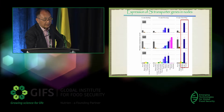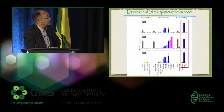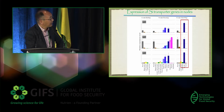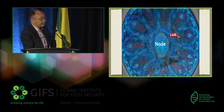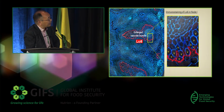ELISA2, ELISA3, and ELISA6. ELISA6 is a homolog of ELISA1, and ELISA3 is a homolog of ELISA2. They are efflux silicon transporters, and ELISA6 is an influx transporter. They are very highly expressed in the nodes. Next one, please. So where is ELISA6 expressed? We found that it is expressed in the xylem transfer cells, as